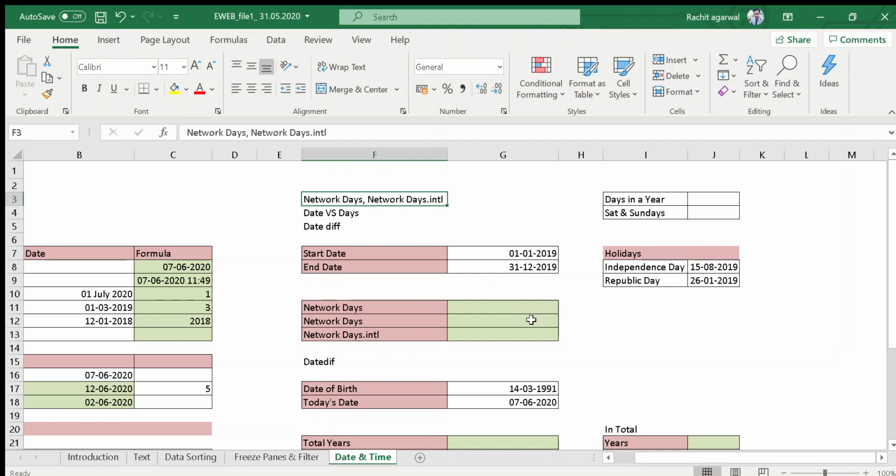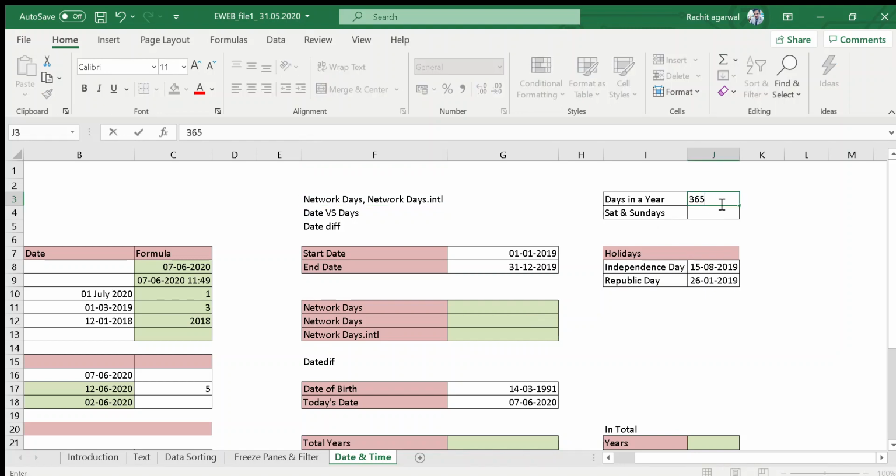So if you want to know how many days are in a year, it is very easy. It's 365. All right, but if you are working in a company and your company is providing you Saturday and Sunday off, and now you want to know how many days you have worked for your company, all right, so we all know that 52 weeks are there in a year. And your company is providing 2 weekend days off for your job. So 104 will be your Saturdays and Sundays.